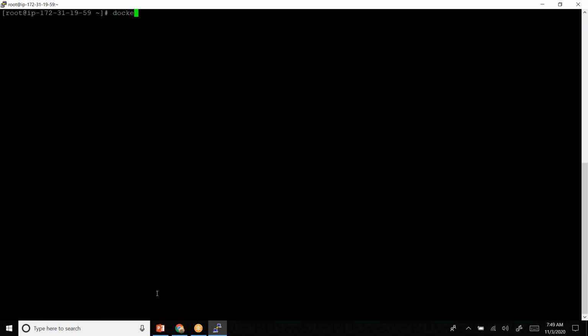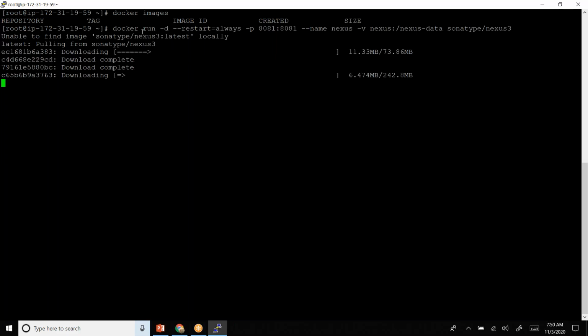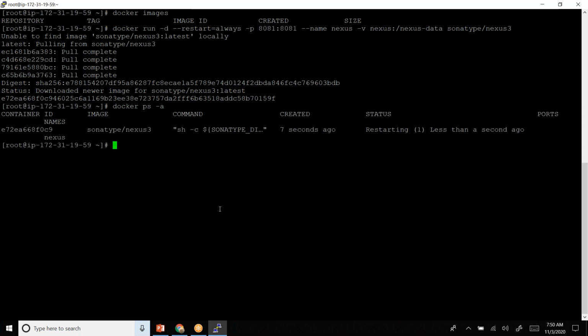If I say docker ps or docker images, I should not see anything. Okay, let me directly run this command. It should fetch the content first, downloading, then extracting, and then pulling. Pull is also done. So docker run -d --restart always -p, and then the name, and then this image. Now if we do docker ps -a,